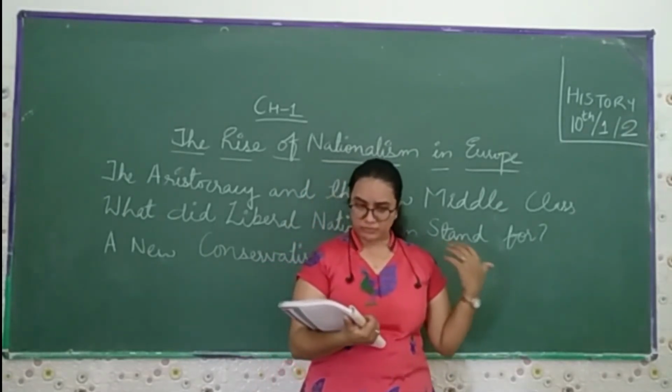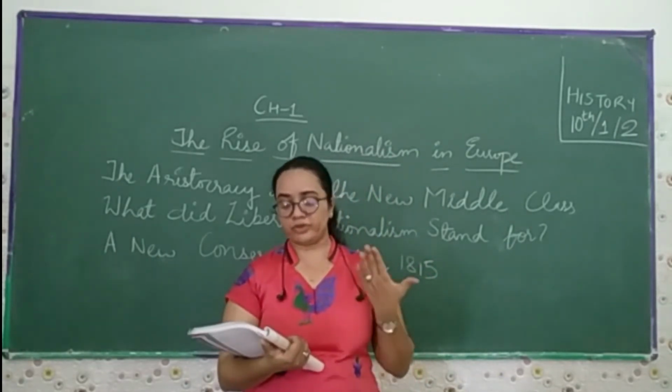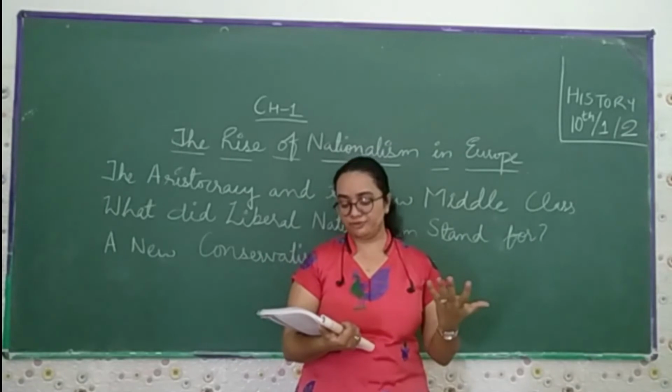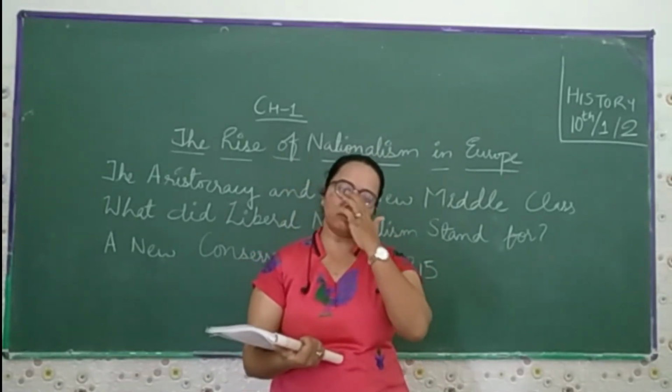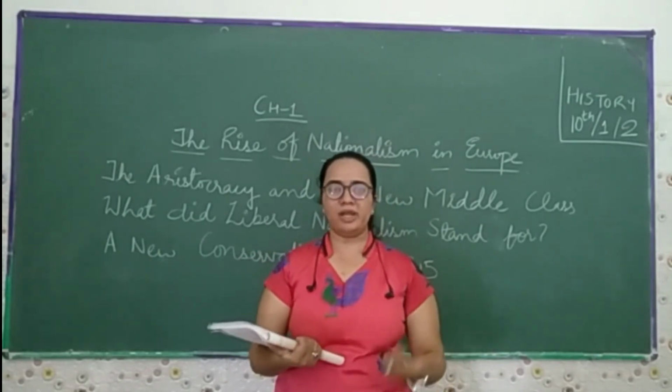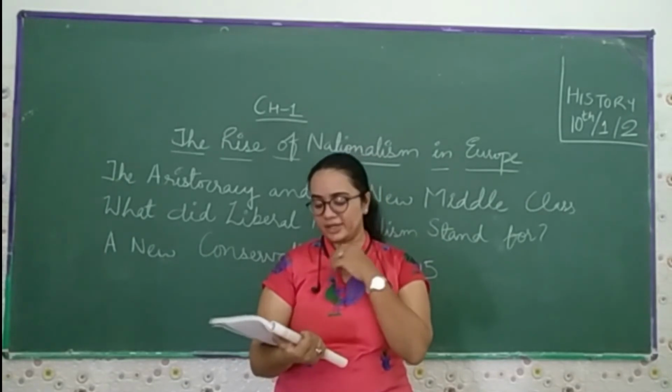So whichever kingdom was overthrown by Napoleon was restored because of their strategy, the Treaty of Vienna in 1815, and they created a new conservative order in Europe. Now the people were again following the traditional belief, their old regime, because they did not want to accept the new or modernized ideas.